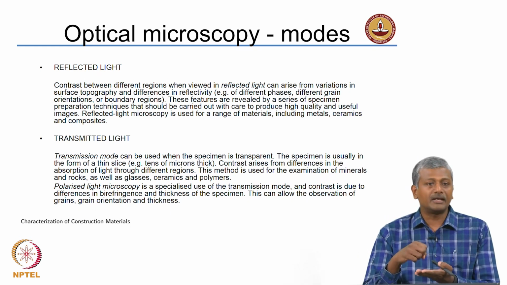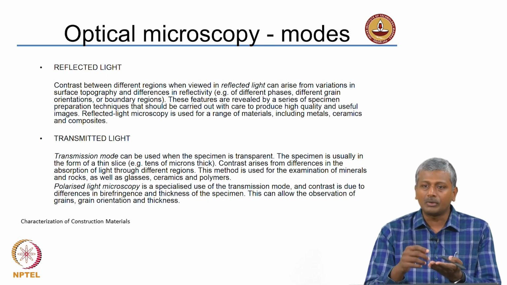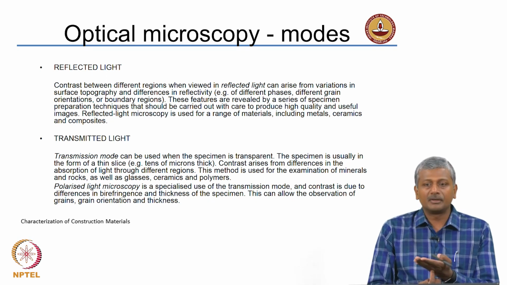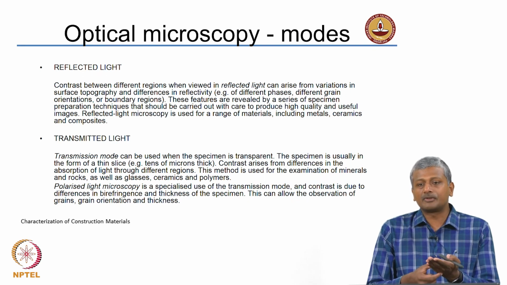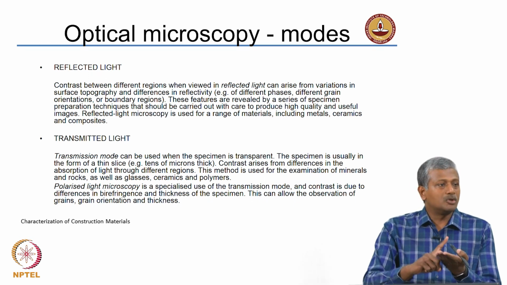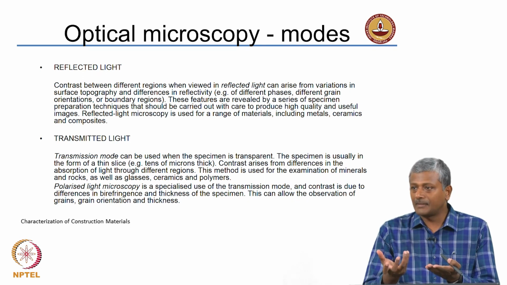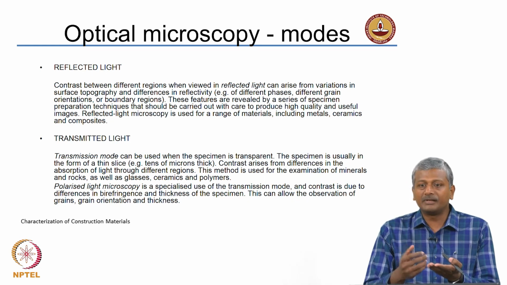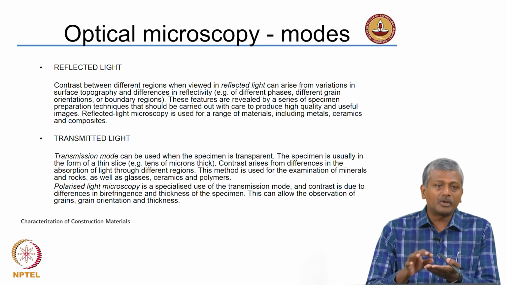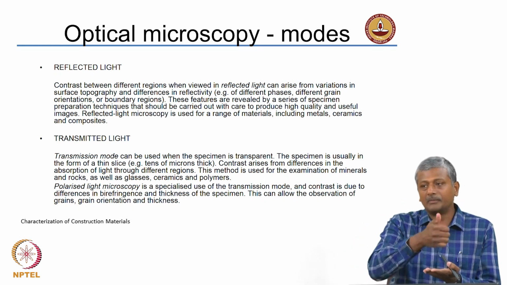So, this transmitted light imaging produces very different features. Here please remember you are talking about light passing through the object. Depending upon the refractive index of the material, the light will be bent to different degrees. When light gets bent to different degrees, you will perceive the object in different sorts of colors, right. Depending upon the refractive index, you may or may not be able to capture all the spectra that emanate when the light comes out of the material.